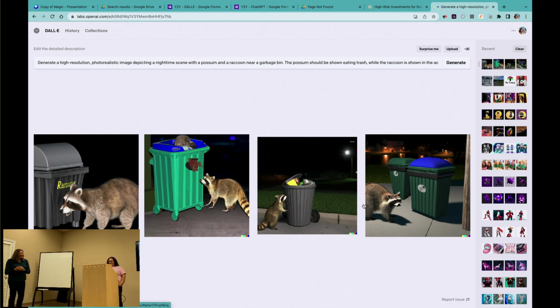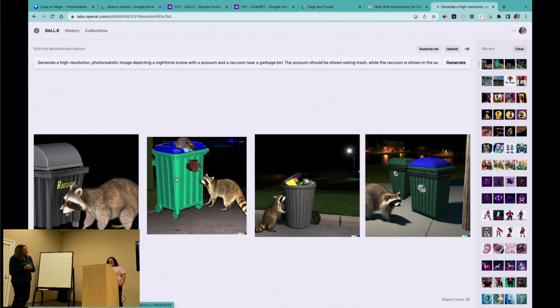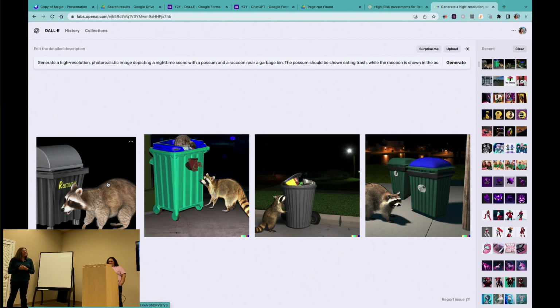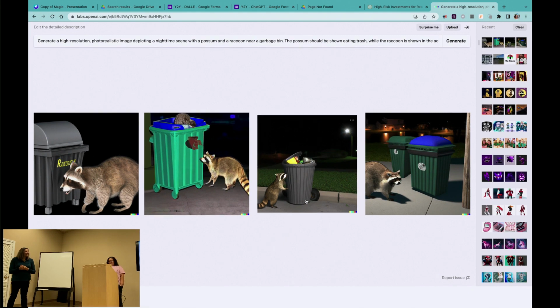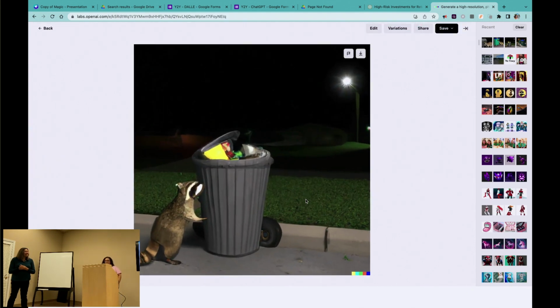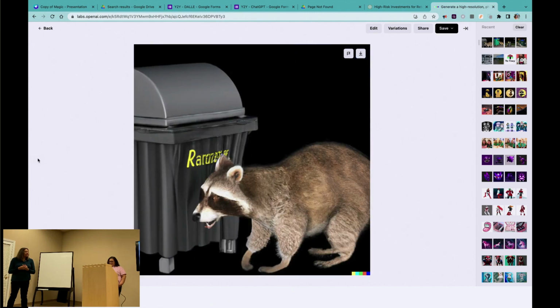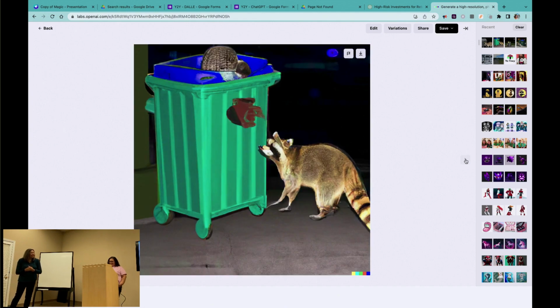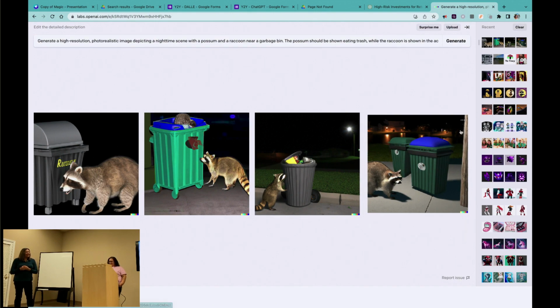That's not bad. Awesome. Why isn't it eating trash? Wait, you chose possum? That's what I said. Possum. It's in the second one. Oh, all right. Trash. Yeah, I feel like Midjourney. Yeah, that's not photo. That's the best one. Oh God, that's horrible. Photorealistic means the same thing. I don't know.